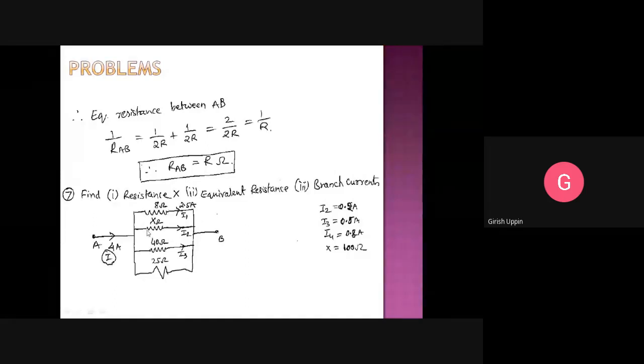Then we move to V is equal to X into I2. But X is also unknown and I2 is also unknown, so two unknowns are there. So let us not proceed with that equation. Then you proceed with the next. V is equal to 40 into I3. Now V is known, I3 is the only unknown, so you will find I3. Then V is equal to 25 I4. I4 is the only unknown. Then we use the equation I is equal to I1 plus I2 plus I3 plus I4, because I2 is the only unknown. Right, that is how you should try to solve.